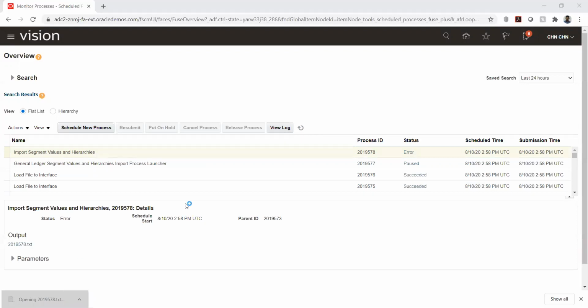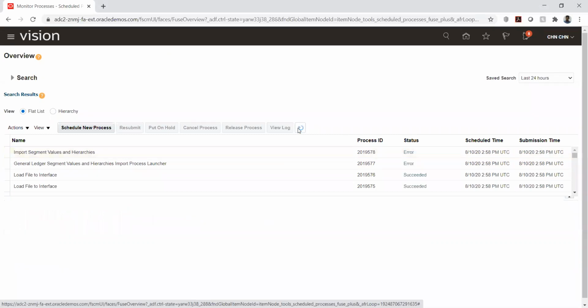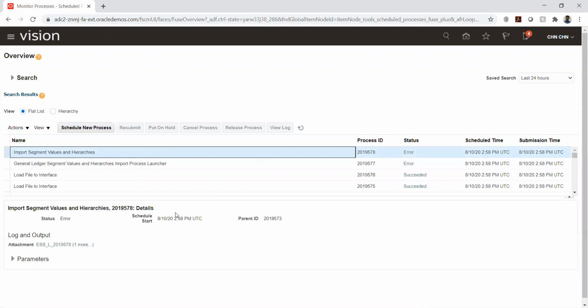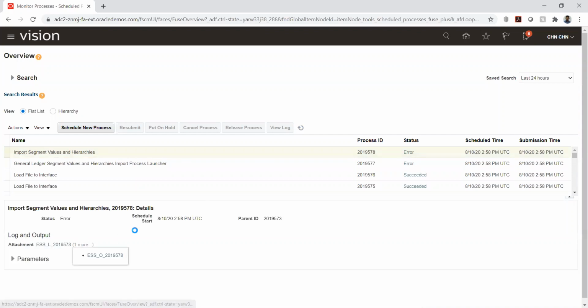Okay, we got a live use case. The program went into error. DRM failed. What is that error message? So DRM has basically failed. Just a minute.